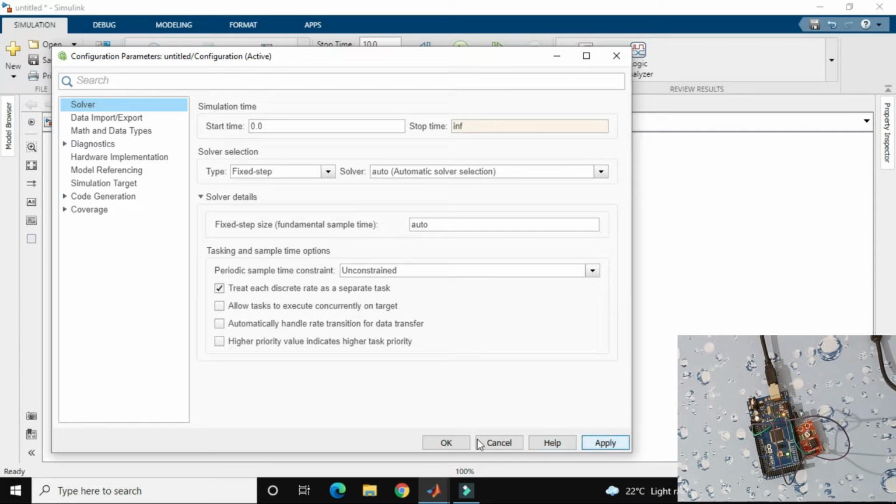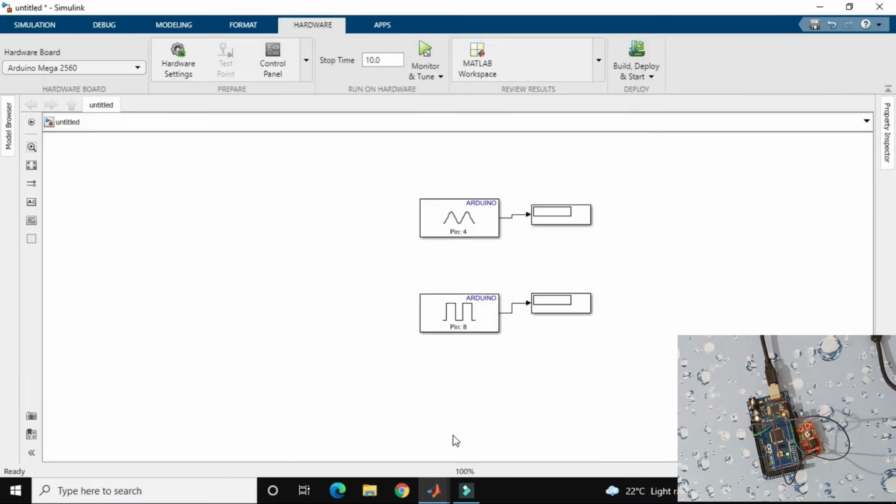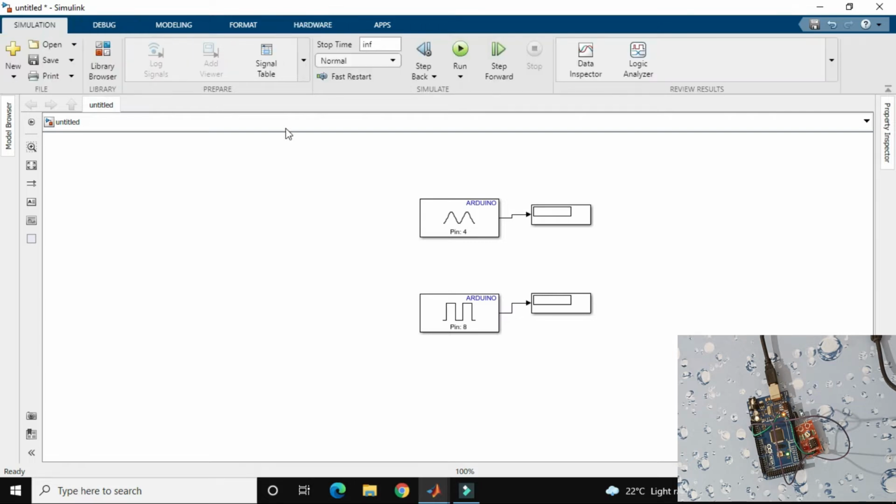Apply it. You can change your solver rate also, meaning fixed step size. Just okay, then go to simulation and run it.